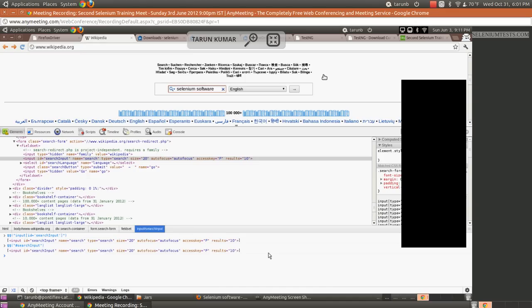Yeah, so Mohit, if you really don't want to keep a constraint over the location, then use nth of type. Yeah, you're right about that. If you want to keep a constraint over the location, then only use nth child. Okay? Or largely use nth of type, avoid using nth child.